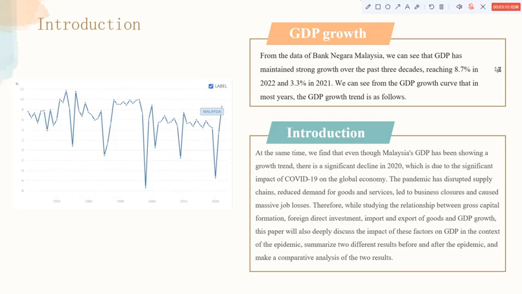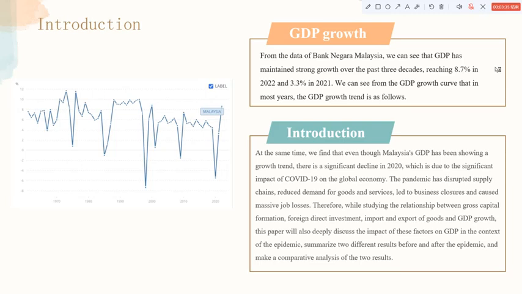At the same time, we found that even though Malaysia's GDP has been showing a growth rate, there is a significant decline in 2020, which is due to the significant impact of COVID-19 on the global economy. The pandemic has disrupted supply chains, reduced the demand for goods and services, led to business closures and caused major